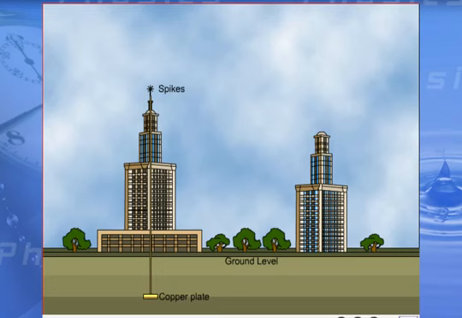The upper end of the copper rod is connected to a copper plate which has a number of spikes. The upper end is kept at the top of the building. Now, we shall see the working of the lightning conductor. When a negatively charged cloud passes over the building,